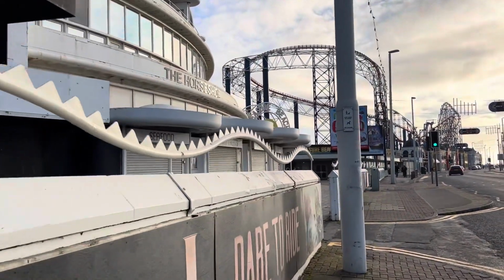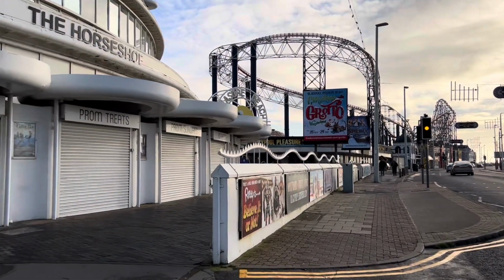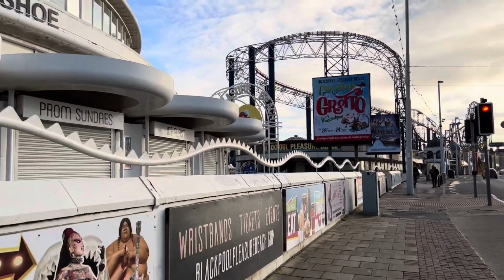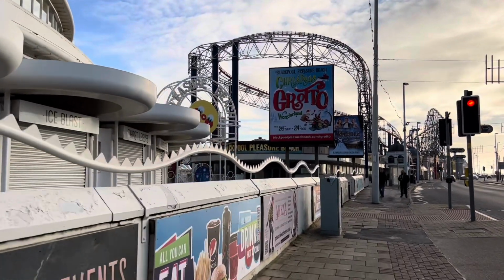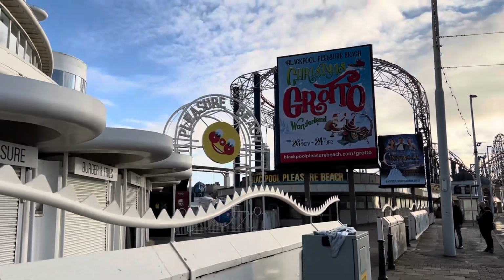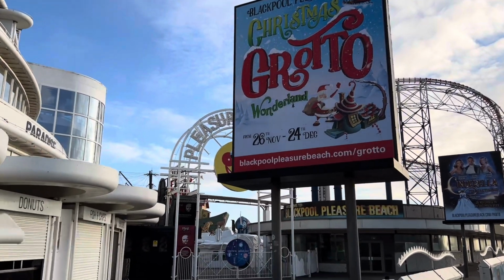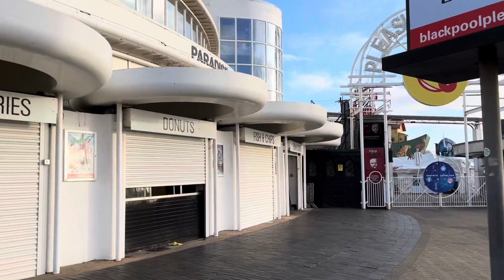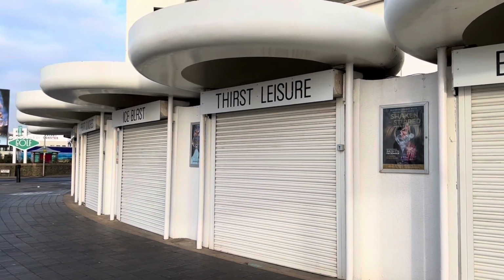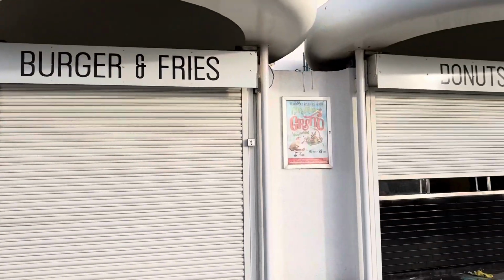So of course it's closed. It's closed because the Pleasure Beach closed at the end of November. It's open weekends. So yesterday, it's Monday that I'm filming this, Monday the 28th, I think it is, yes, yesterday would have been its last day for this season, but as you can see, according to the poster, the Christmas Grotto is now open at weekends, but the actual park itself is closed. So all these kiosks that you're usually used to seeing open and trading for business, they're all closed